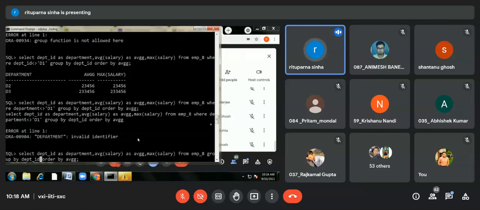But where will I use the HAVING clause? Just after forming the GROUP BY, I will use a HAVING clause. So the HAVING clause is used for filtering groups. Once the groups are formed, I will display some groups and not display others based on a condition. So with HAVING, I can write any condition here. What is my condition? HAVING AVG salary